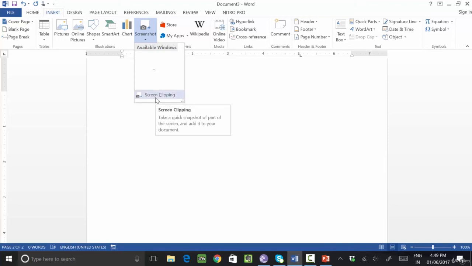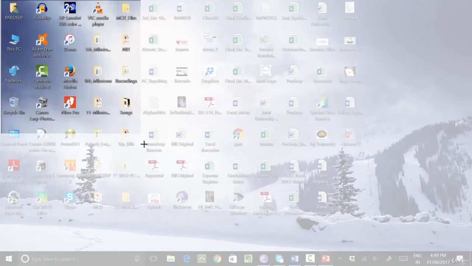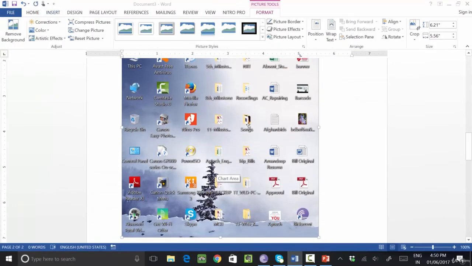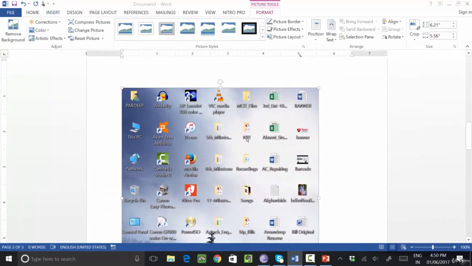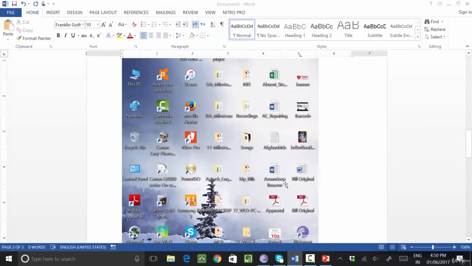Let's say I want to take a screenshot of my desktop, up to this part. You will see the screenshot is done and the picture is displayed in your MS Word document.